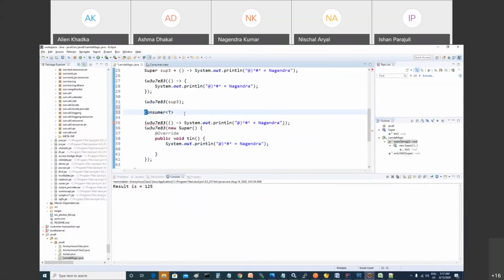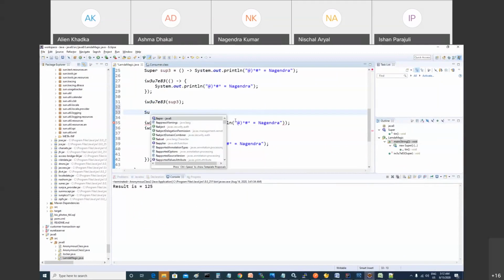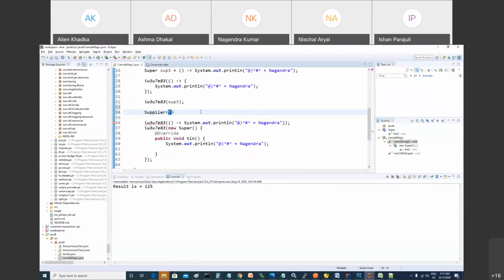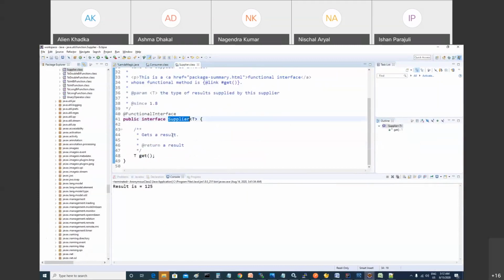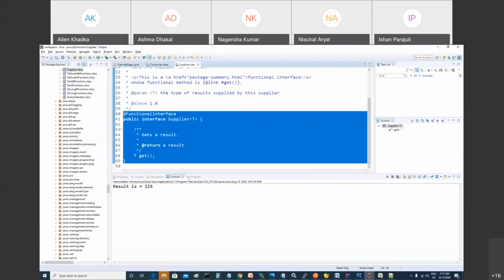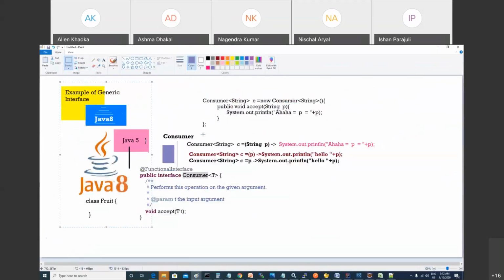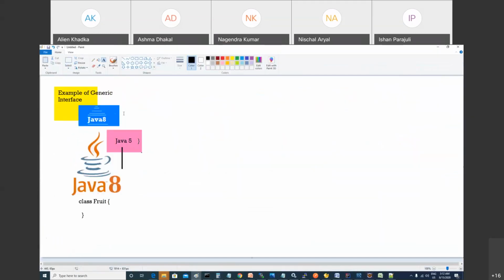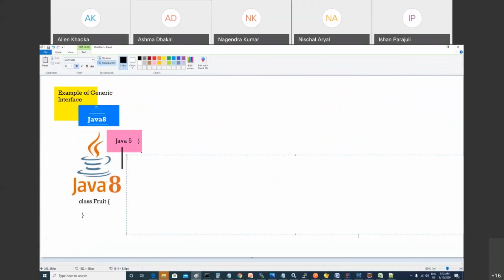So let me write supplier. Supplier says, as my name suggests, I can supply data of any type. So this is the signature of it.